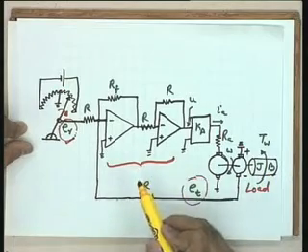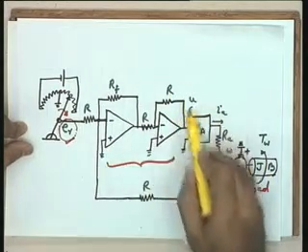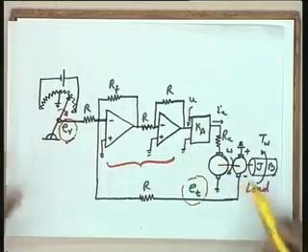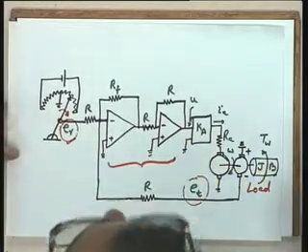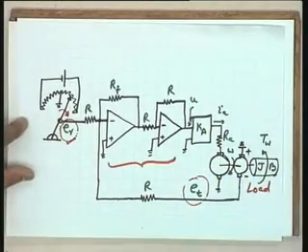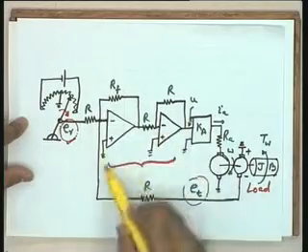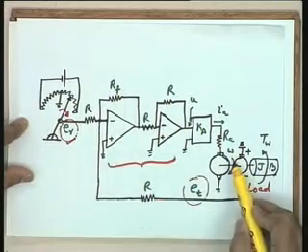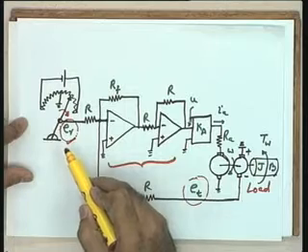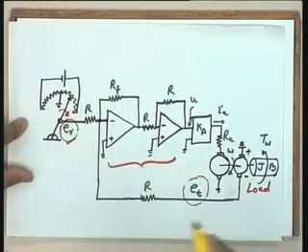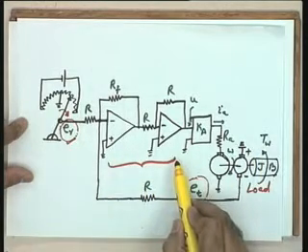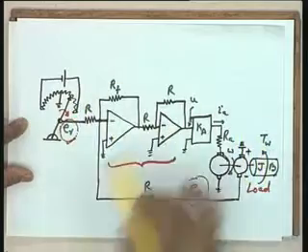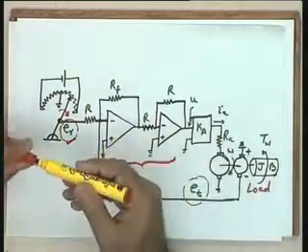The purpose of the controller design will be to make suitable changes at this point, because all others are fixed components of the system. You will not like to change the motor or the tacho generator; you will rather manipulate this function so that omega follows the commanded value omega r. But at this point we will not go into the details of the design. Rather, I would like to express this diagram using a block diagram, and from there the visualization of the feedback structure and the basic elements required in a system will become very clear.